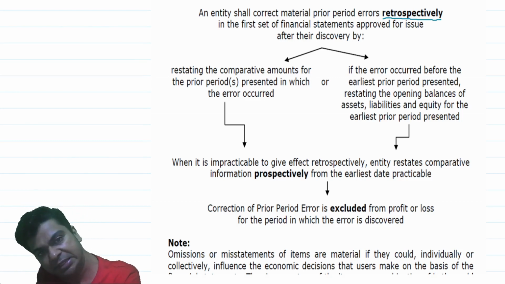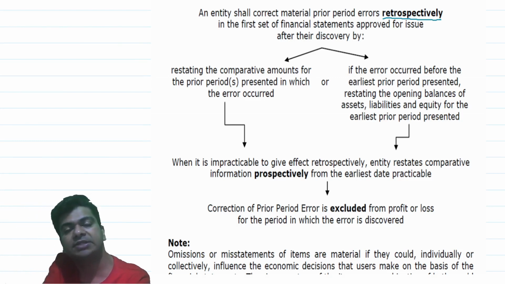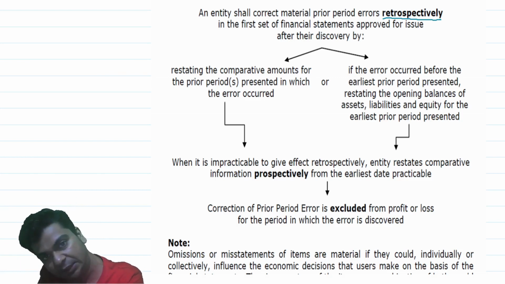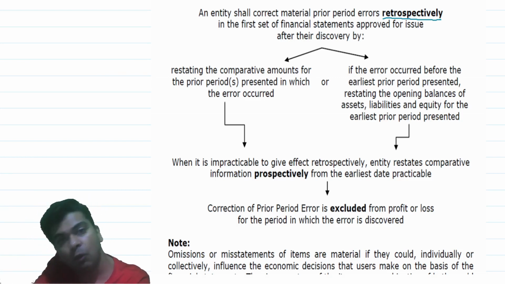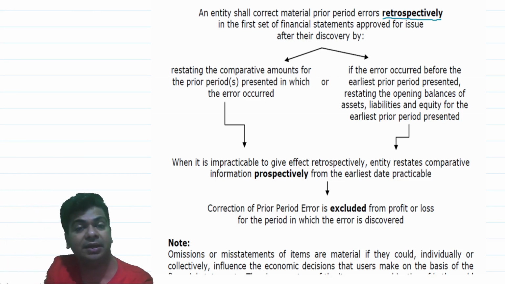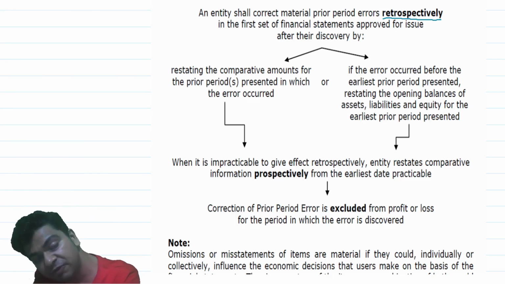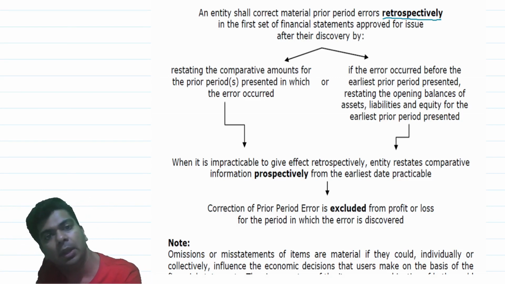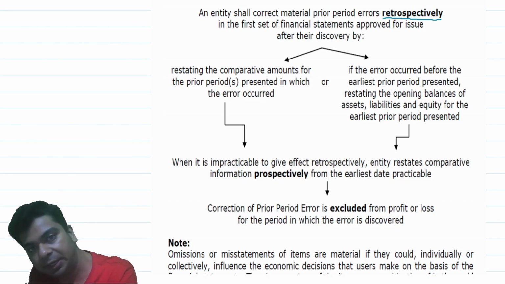Think in this way. Let us say there was some voucher of 10,000. Let's say there is some expense of 10,000. Let us say wages. Wages of rupees 10,000 of the previous year was somehow omitted to be recorded. Audit also got completed. Financial statements got finalized, approved, everything. We even filed with the regulator and everything. And then in the current year, we realized that 10,000 rupees of wages of the previous year was forgotten to be recorded, omitted to be recorded. This becomes a prior period item.